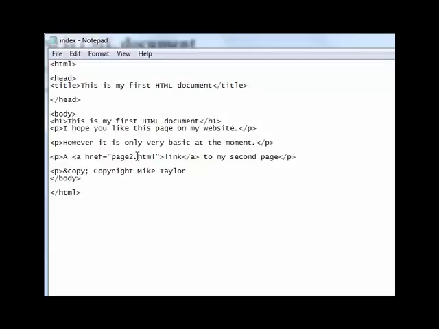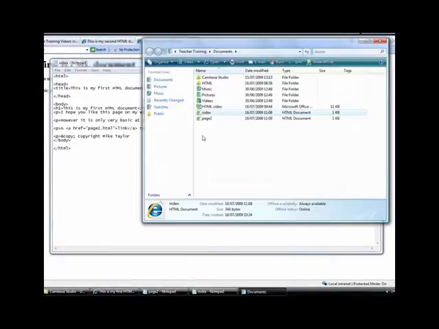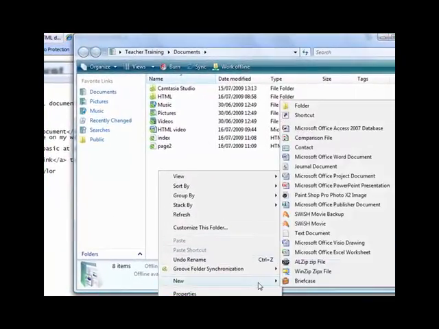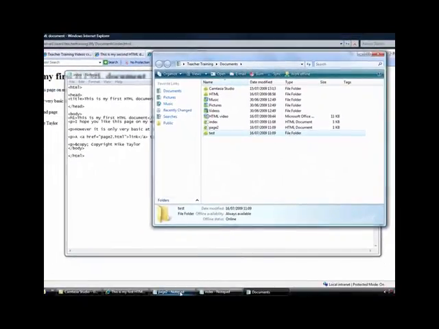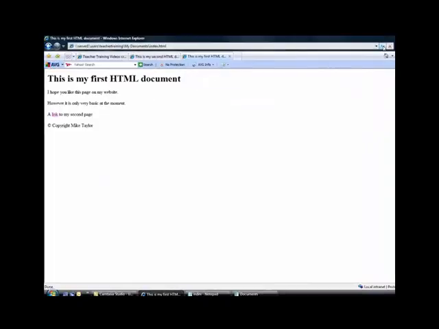If it was perhaps in a subdirectory, perhaps we'll move it. Let's move it into a new folder. And let's just call that test. Okay, and we're just going to close Notepad to do it. So we're going to move page 2 into the test folder. Okay, so now if we go back to our index page and click on the link,